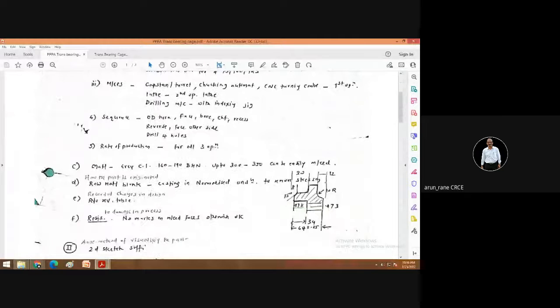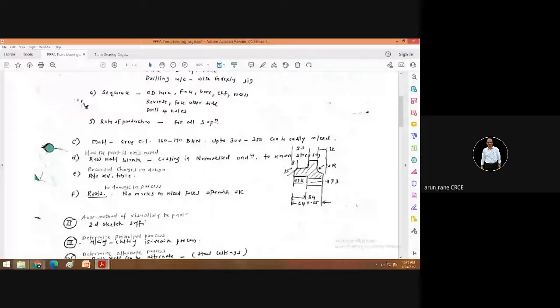Now here the material is grey cast iron, which is given in the drawing. And the hardness of the grey cast iron in virgin condition is 160 to 190 BHN. BHN stands for the Brinell hardness number. And last time also I told you what the different units are.